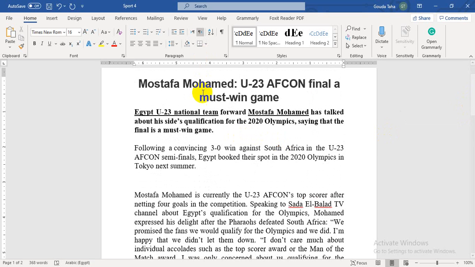So I'm going to translate the title. So Mustafa Muhammad. Then we have U23 AFCON final, a must-win game. Again, you have to keep in mind this is a draft, so you are going to edit and proofread this draft. So don't worry or don't care much about grammar mistakes or spelling mistakes. Again, keep in mind this is a draft. So Mustafa Muhammad